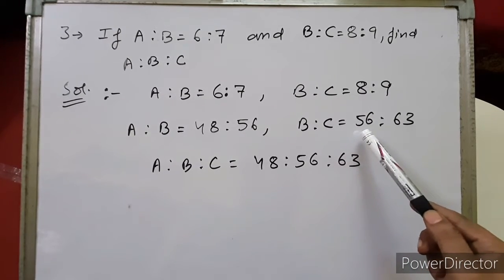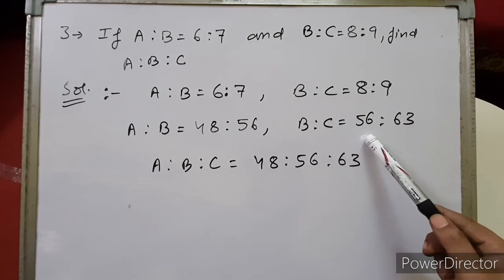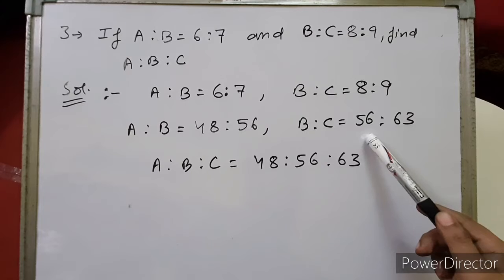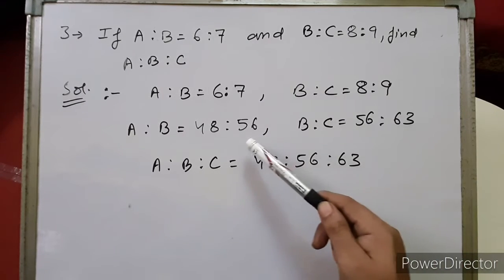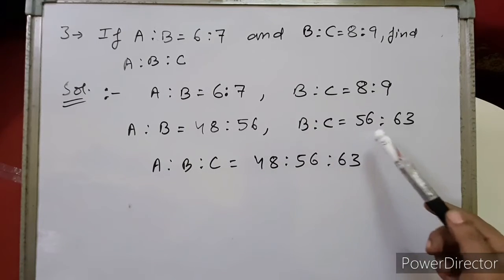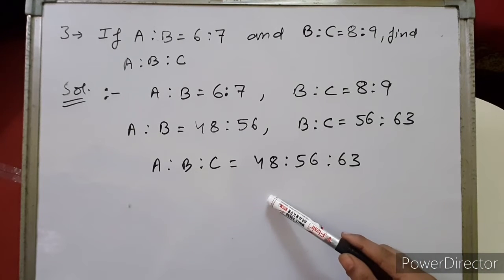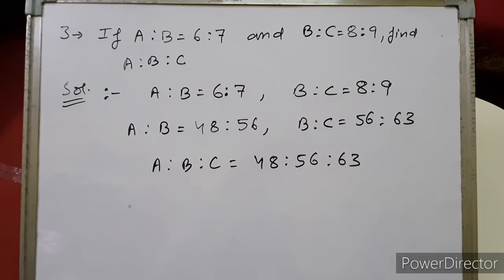We know that it's the property of ratio that we can multiply or divide by any number in both the ratios. That will not affect the result. So when we multiply 7 in both the terms, we'll get 7 8s are 56 and 7 9s are 63. Now you can see that the value of B here and here is same as 56. We can compare the remaining terms. That means the value of A is to B is to C will now become 48 is to 56 is to 63. Alright, please note down.